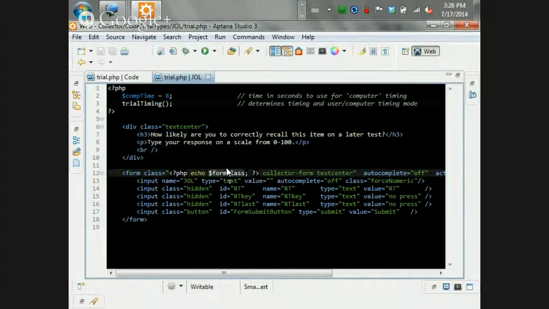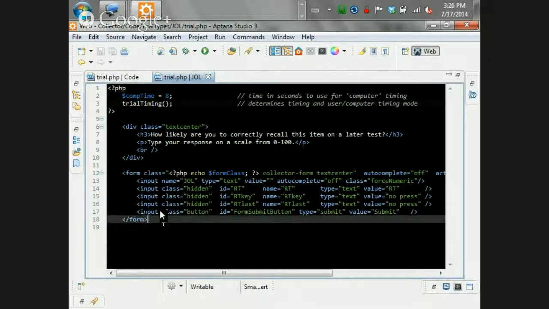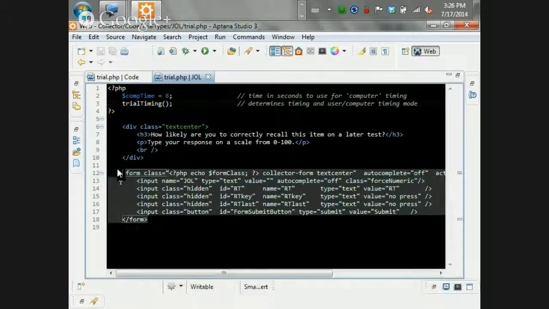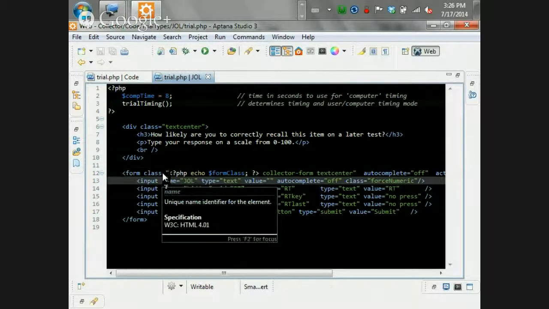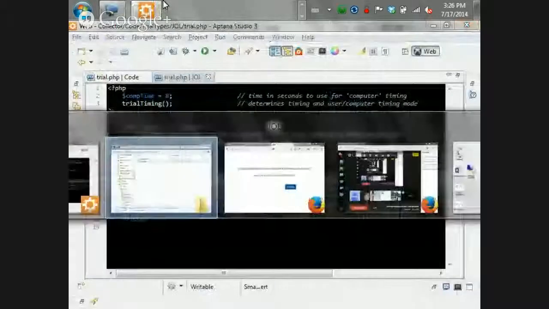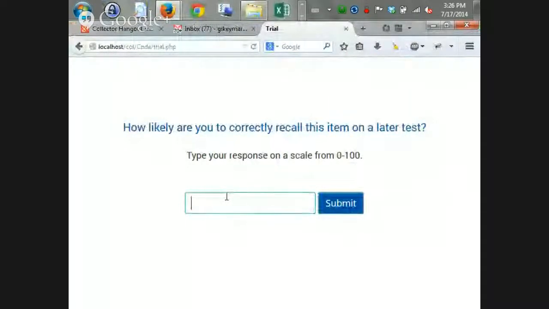user or computer timed. So this little class element tells it when we set this trial as user timed, give it a name that will hide the input button, collector form, text center. So these are all the classes it has. But generally, if you want to make a new input, so you want them to answer something, just copy this form, which says, okay, forms are a place to put inputs. And if you look at the page or back on the trial, all we have is a single input where